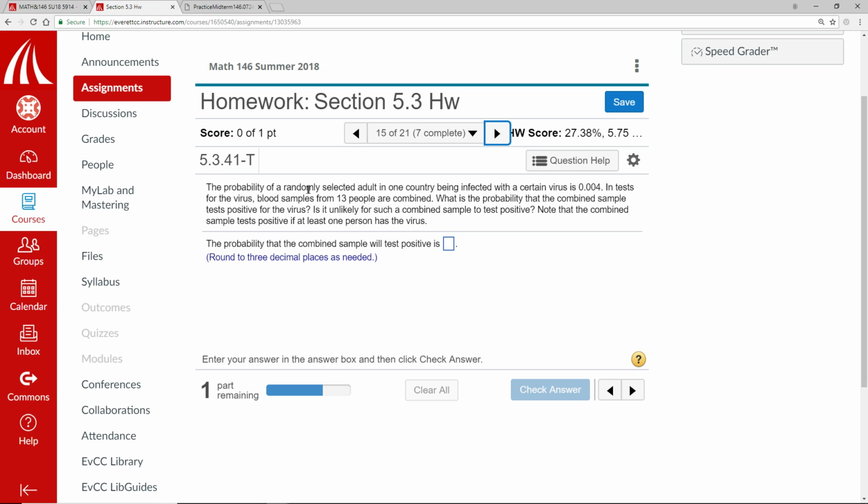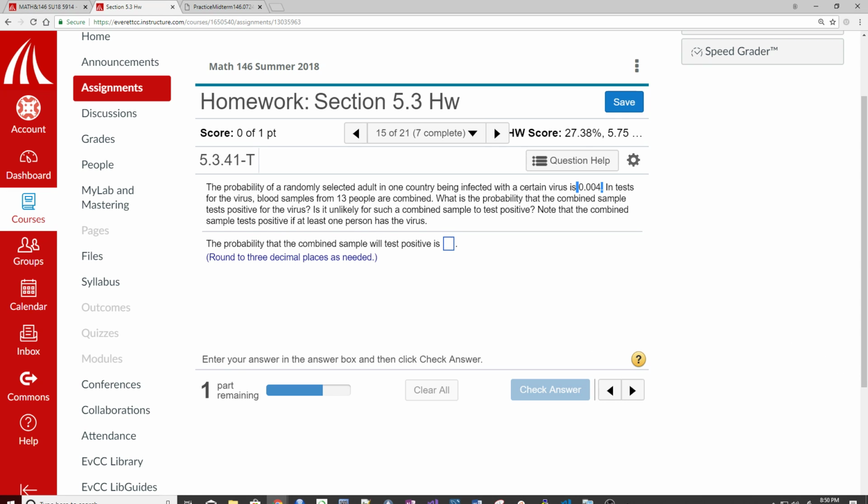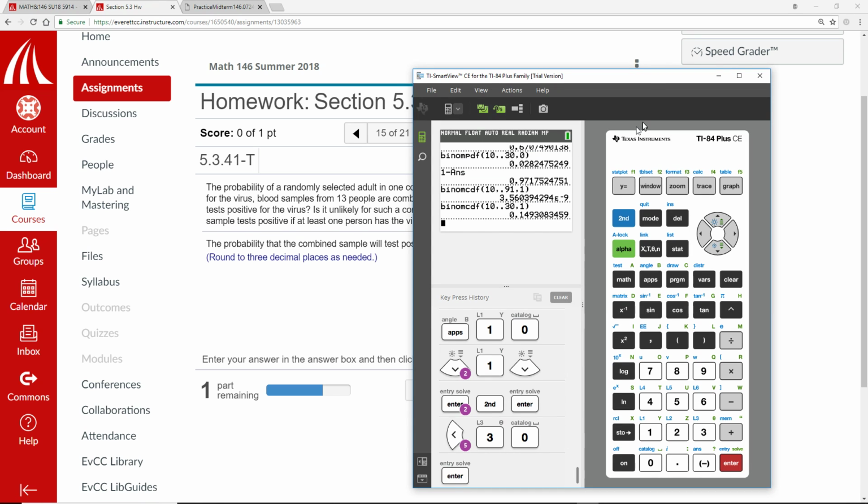The probability of a randomly selected adult in the country being affected with the virus is 0.004. 13 samples. What is the probability that the combined sample tests for the virus? Is it unlikely? The combined sample is 13 out of 13. So we have